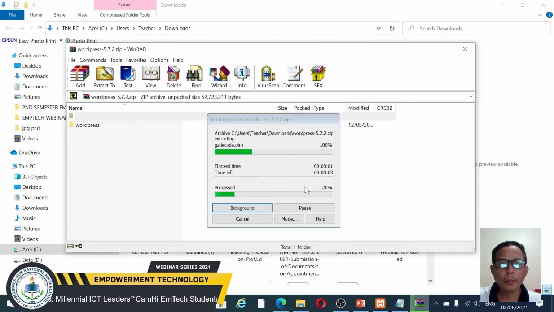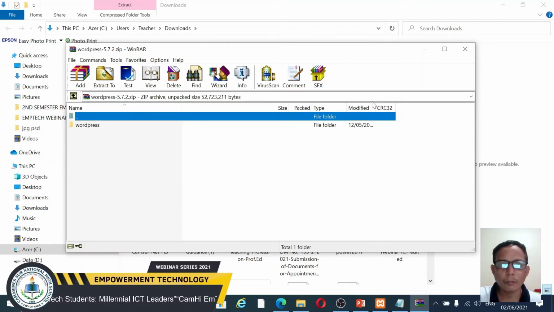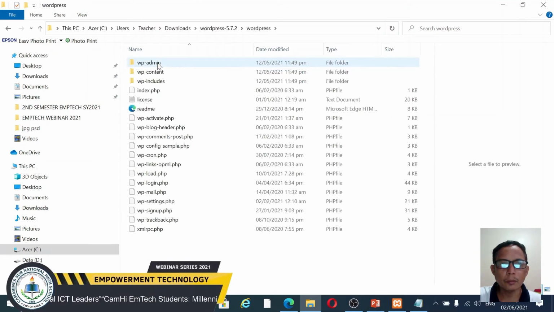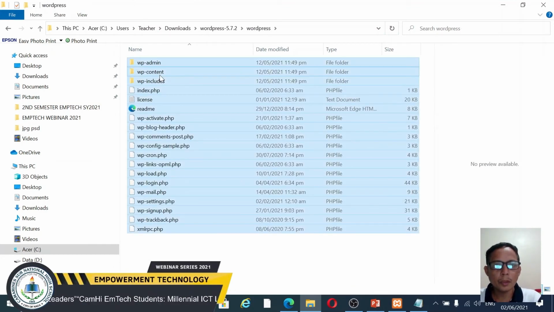After you extract it, double click and copy.